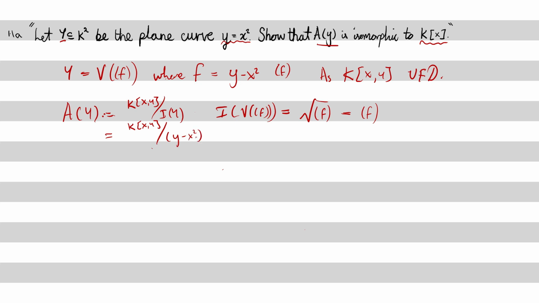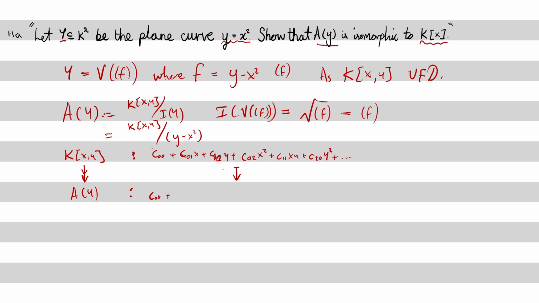Now, there is a canonical surjection from K[x, y] into A of Y. Let's see how we do this. c_00 plus c_01 x plus c_10 y plus c_02 x squared plus c_11 xy plus c_20 y squared plus dot dot dot maps to, with y replaced by x squared,